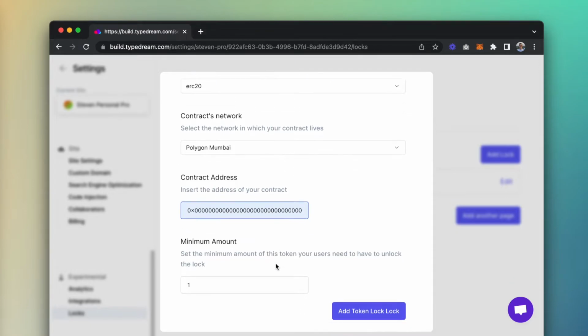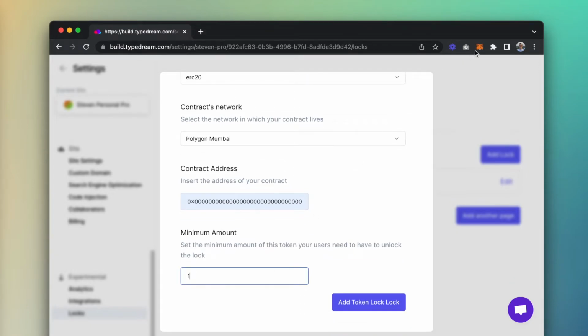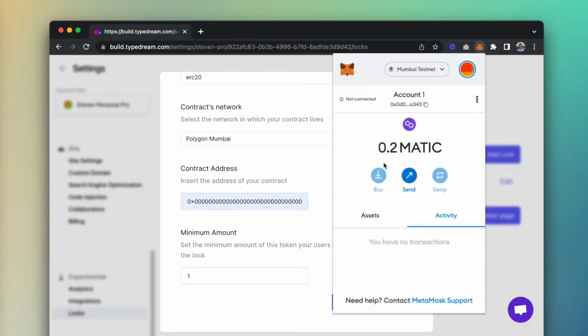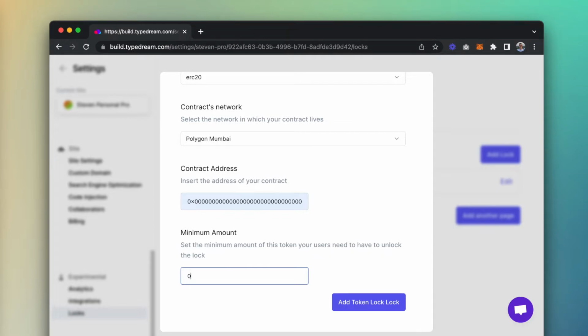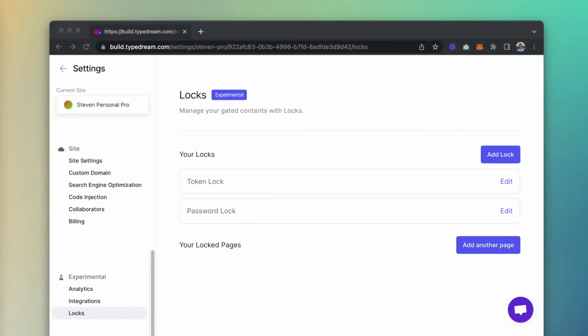Then, I'll paste the contract address and finally set the minimum amount users need to own in order to be let through. Since I have 0.2 Matic here, I'll set the bar to be 0.1 Matic so that I can unlock the lock. Once you have your lock created, what we need to do next is to select which pages